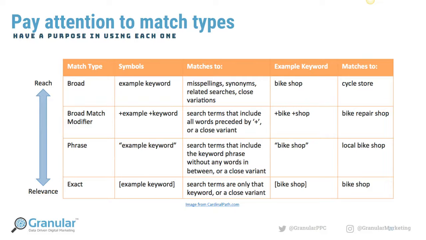When you do this, make sure you pay attention to match types and know how they operate. In our earlier example with energy savings, if I was using broader phrase match, I would get a lot of irrelevant queries. There really is no bad match type. You just need to have a purpose in how you're using each one and how you treat them. If I'm targeting broad, like I said earlier, you might have lower bids, because the phrases might be a little less relevant.